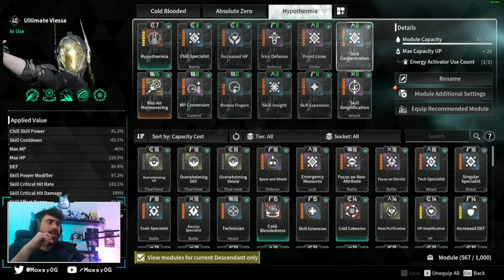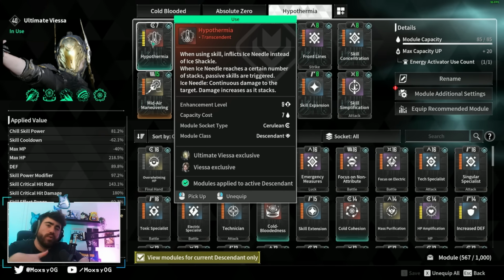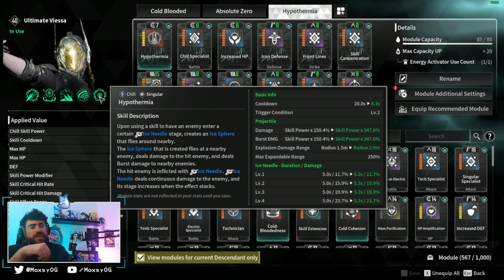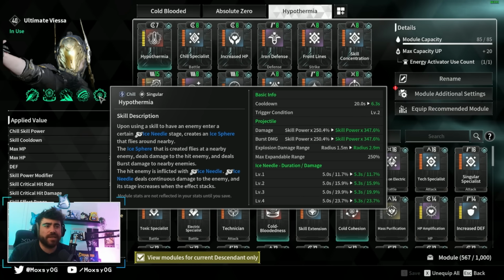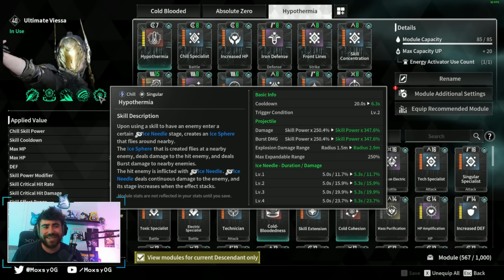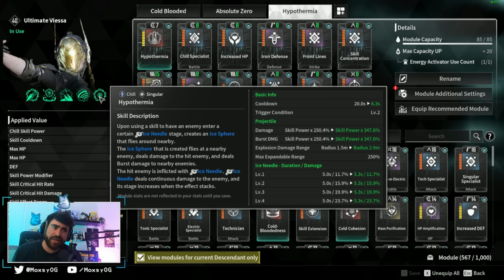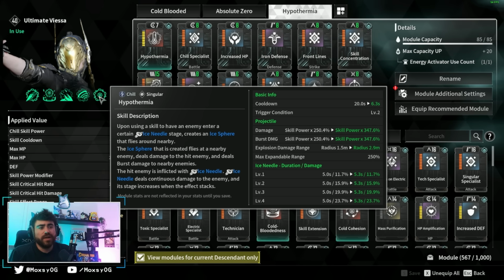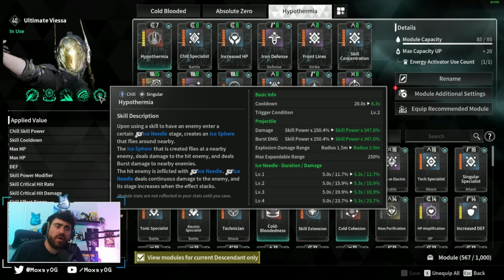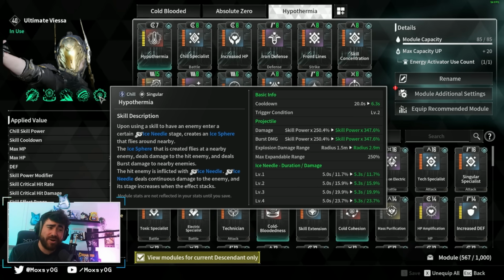Next up, we get to talk about Hypothermia. Now, Hypothermia is very different if you want to build around it than Cold-Blooded or Absolute Zero, and that is because this whole video I've been kind of ranting about how Viessa has really high base modifiers, so you don't really need more modifier. With Hypothermia, the modifier is really low. So Ice Needle's a dot at level 4. It's doing 23% of our skill damage, which is really low